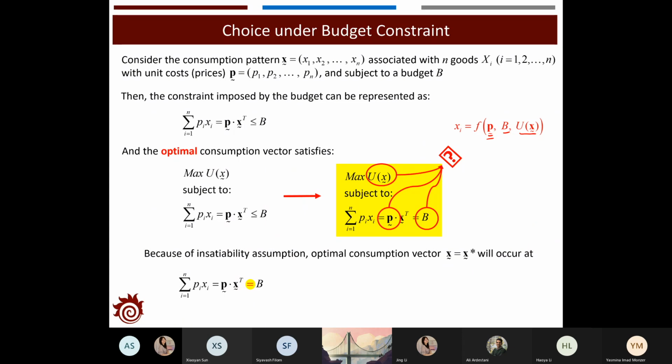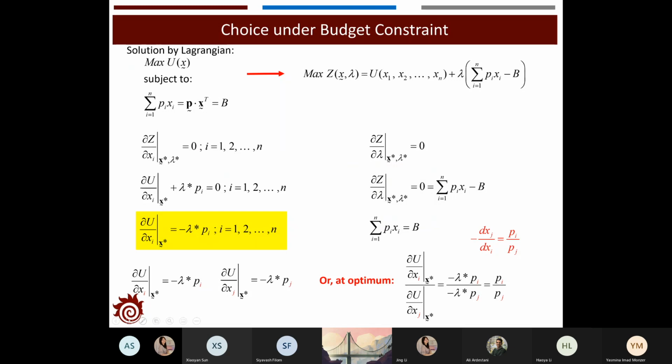And again, you can see that the utility function is related to the amount of the other products that you have consumed. So this is actually a very complicated equation, but we can make it simple, just assume that xi is a function of p, b, and the utility function. And also we can solve the optimization problem and find that under the optimal consumption pattern, the utility function